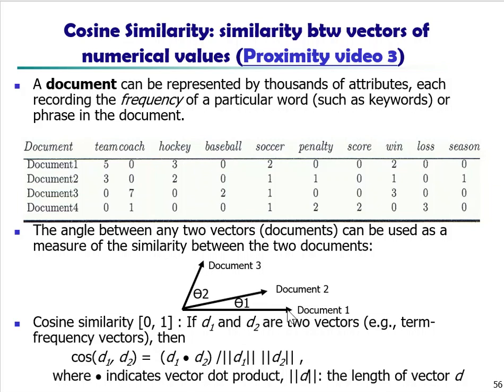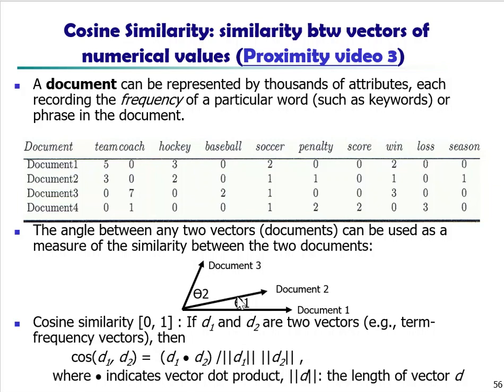Depending on the coordinates, all the values in this vector for document 1 along different dimensions, we will be able to draw the document 1 vector as this, and 2 and 3 and all the others. Once we drew that, we can make an observation that the angles formed by two document vectors are